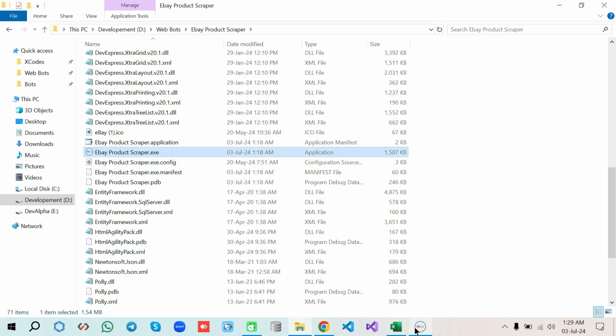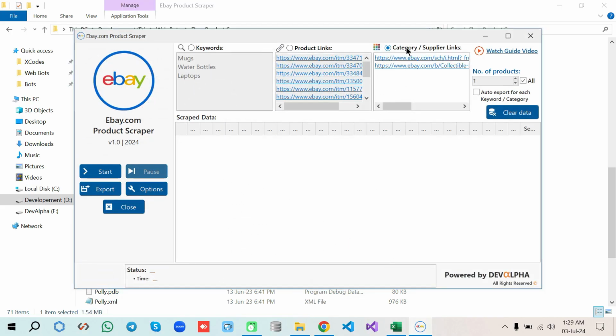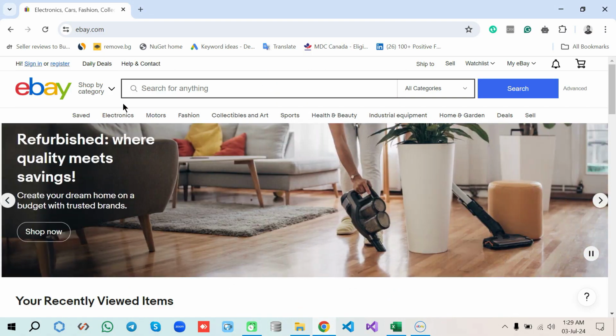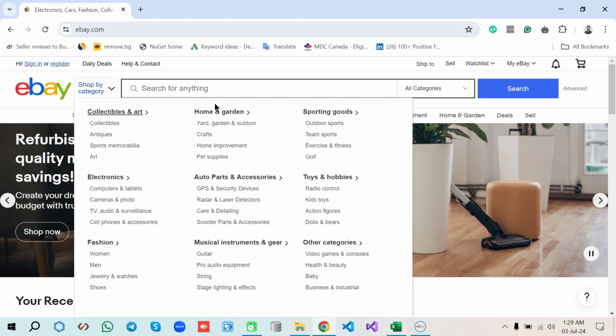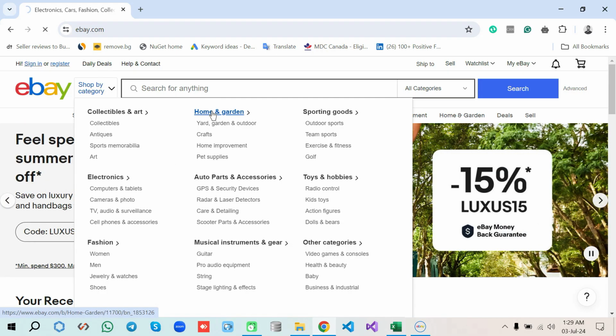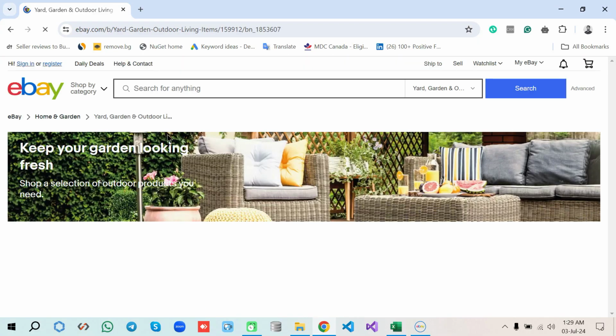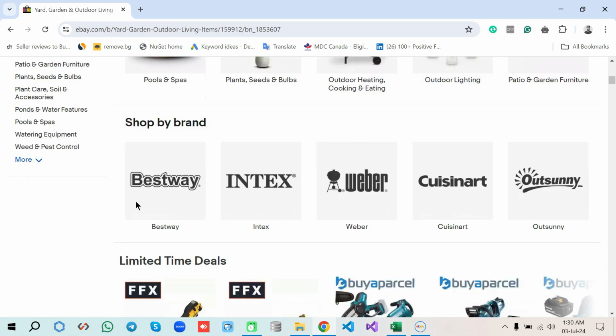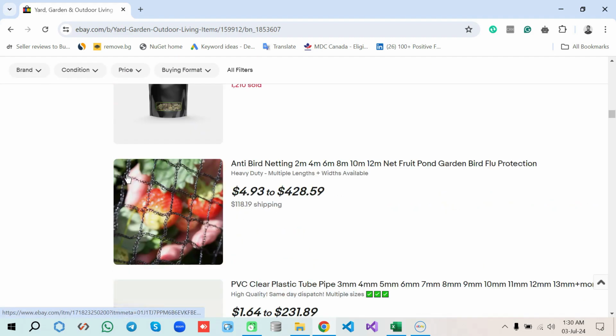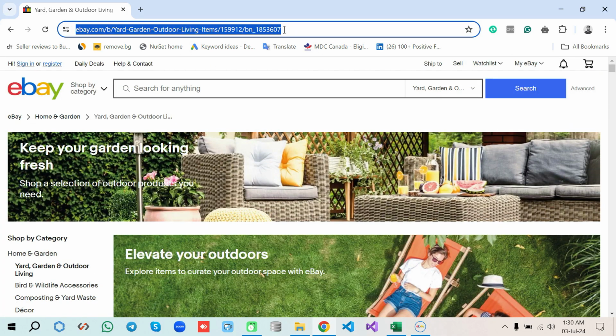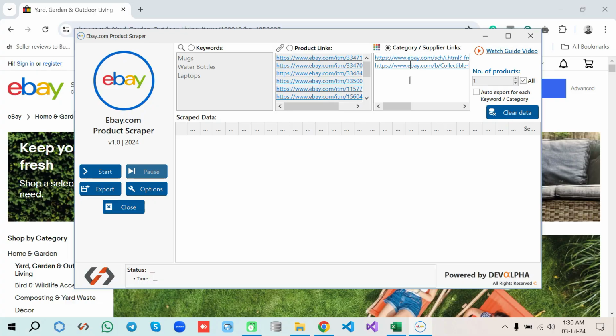Well, today we are going to do scraping by using category or supplier links. Let's collect some category or supplier links from the website. For example, we choose this category and this subcategory, and here you can see the products of this category. Just simply copy the link and paste here,